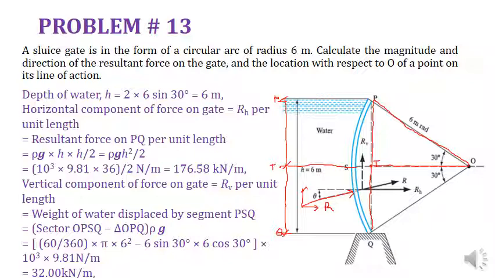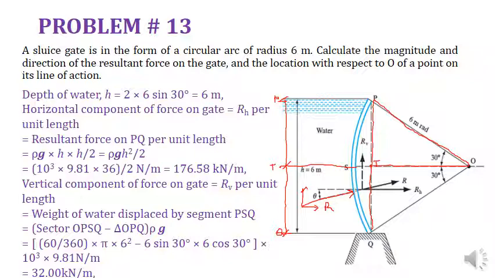Similarly, this same answer you will get for TQ. So if you consider double that, meaning both PT plus TQ, it will be R sine of 30, meaning 6 sine of 30 multiplied by 2. So you are getting the answer 6 meter, this total depth. So H will be equal to 6 meter.